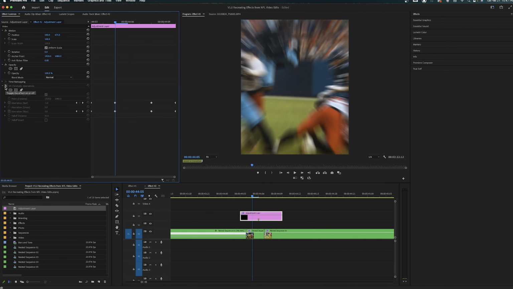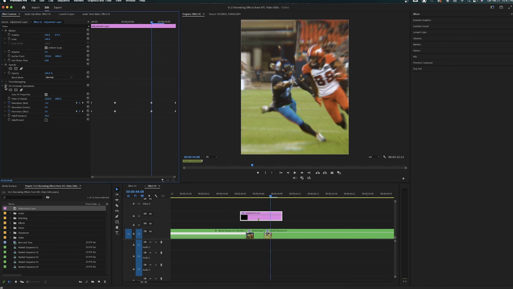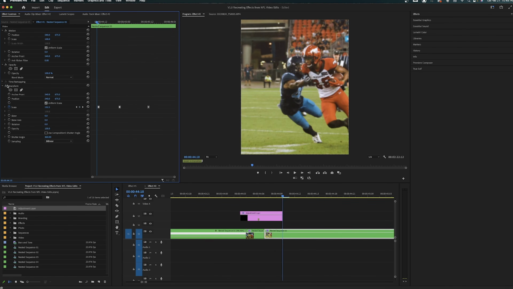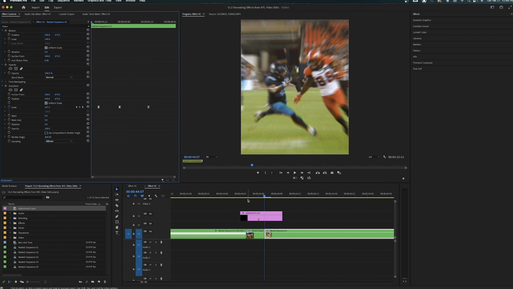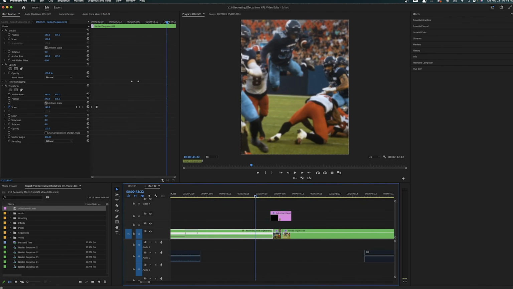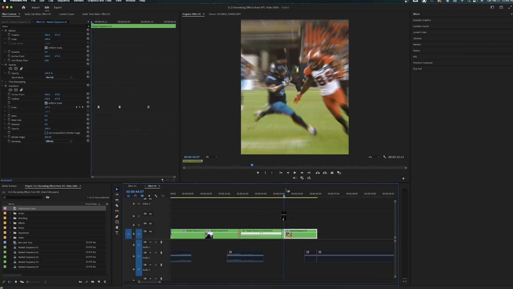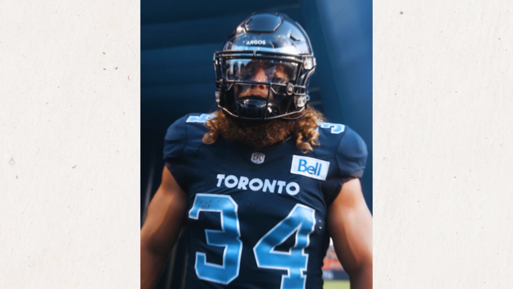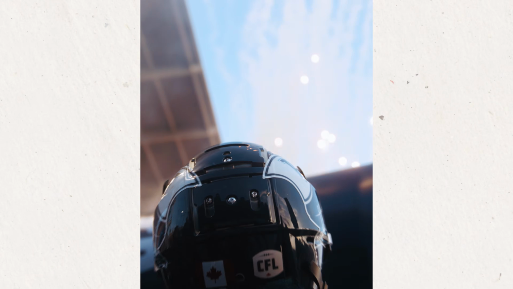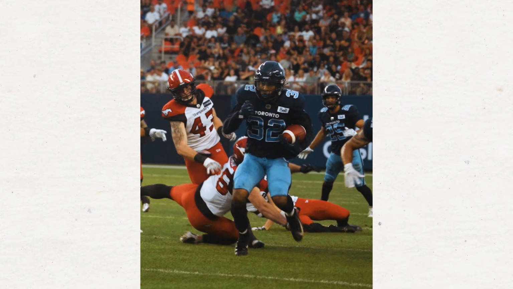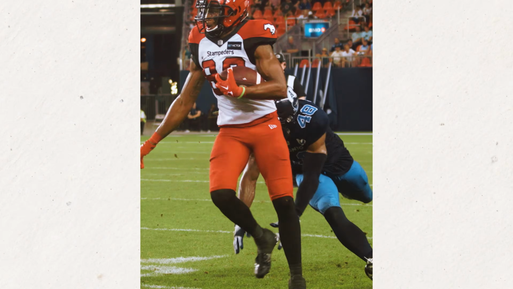So if you turn it off, you can see it's gone, and then it's in. And it kind of continues to here. You can still see it. And then it disappears. And you can make this as strong or as weak as you want, but I like being a little bit more subtle with it. So I think that's a nice way to do it. So at the end of it, this is what that little zoom sequence looks like. A little bit of handheld looking stuff, some zooms with some flashes, some zooms with some glitches, and just a bit of speed ramping. So that's how to recreate those 2 specific effects